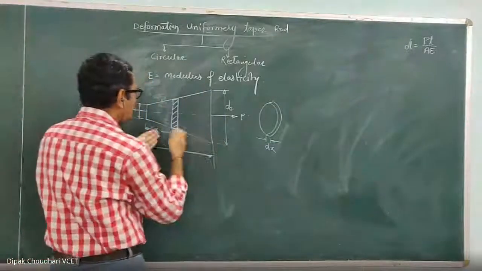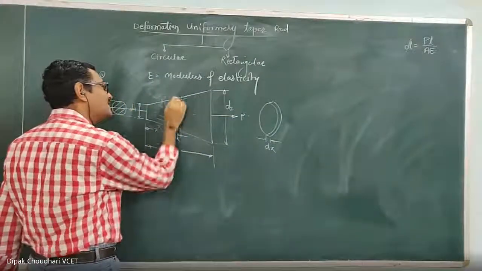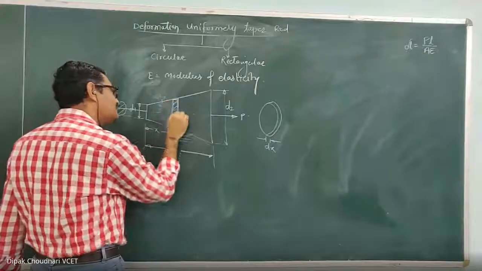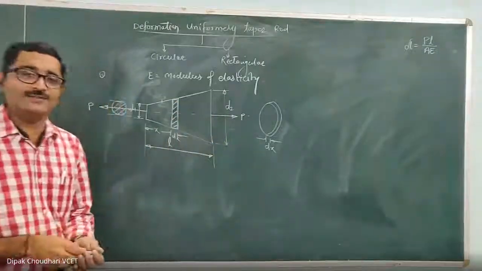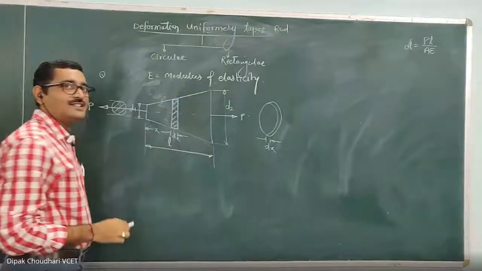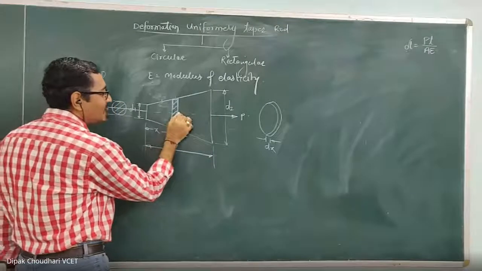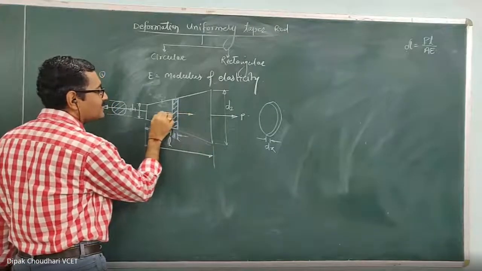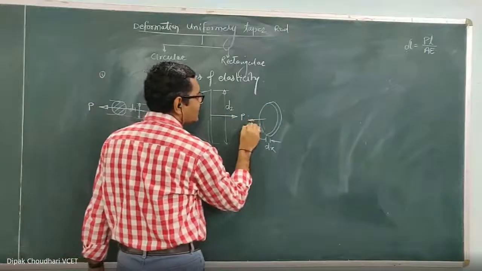Now, this rod is subjected to an axial force P. If it is subjected to an axial force P, the axial force acting on this disc will also be the force P. Yesterday I told you how to find the axial force. You are supposed to consider one imaginary section through that part and take the algebraic summation on any one part. On this part also the axial force acting is P only.